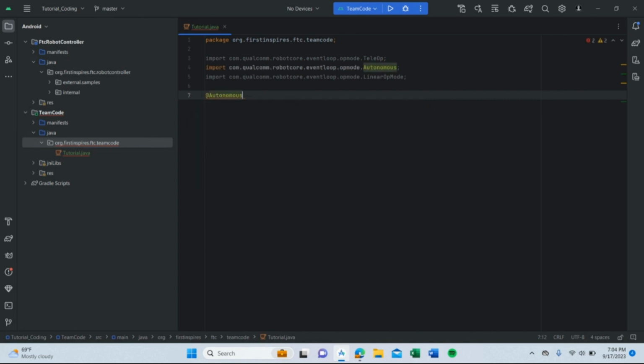autonomous. Here, and you see how this lights up? This turns from gray to an orange and white color, kind of yellow. That's how you know that import statement is being used. But for this example, we're going to use teleop. Underneath, after this, you're going to put parentheses, name equals, not parentheses, quotation marks, tutorial,